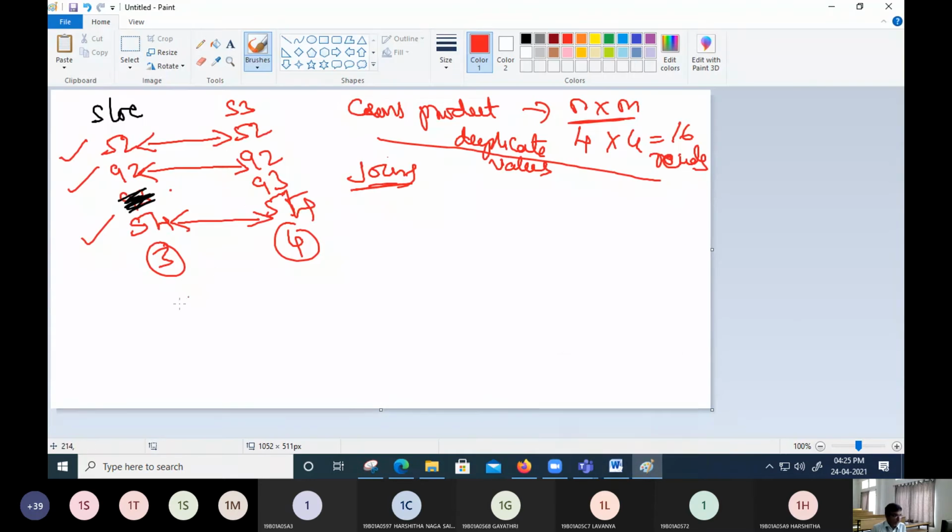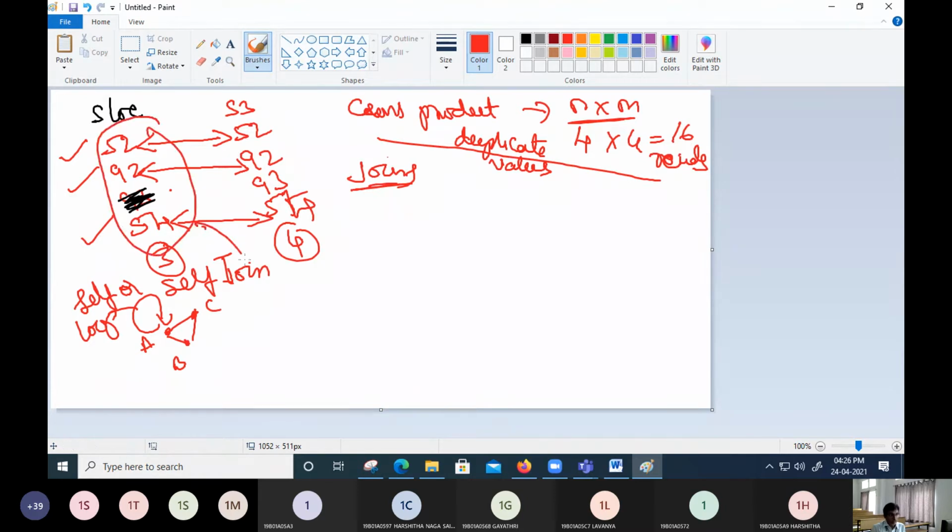That means I'm going to have a graph like this. Now if I put the self loop A, B, and C, we call it a self loop, or we are going to call it a self join, as simple as that. Now what are the records in location?